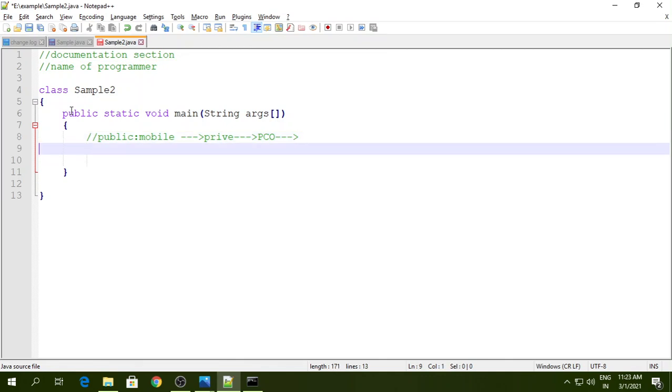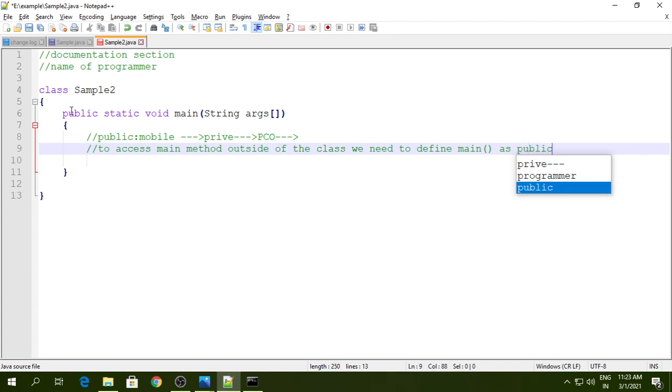So similarly, to access your main method outside the class, we need to define the main method as public.